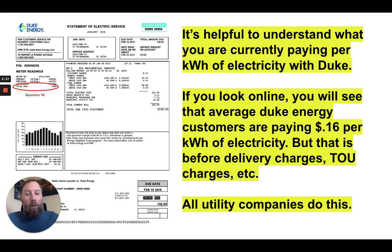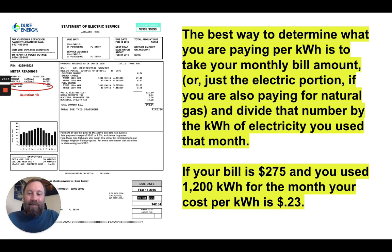Sometimes you'll see what we call TOU, or time of use charges. This isn't unique to Duke. All utility companies do this. It's just a way to mask the real price that you're paying for electricity that they don't want you to know, but it's fairly easy to find out by doing some simple math. The best way to determine what you're paying per kilowatt hour is to take your monthly bill amount,